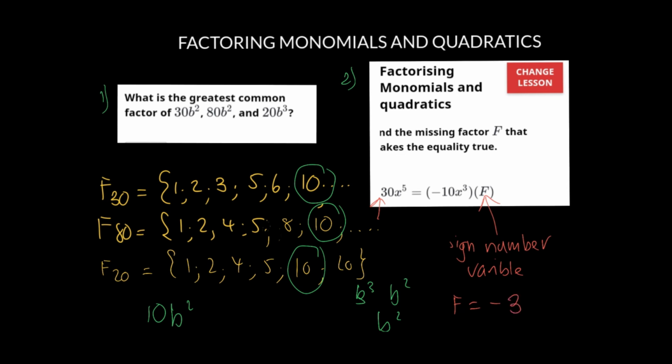And x cubed times what gives us x to the power of 5? Well, when we multiply like bases, we keep the base and we add the exponents. So that would have to be x to the power of 2. So in other words, we can get 30x to the power of 5 by multiplying negative 10x cubed with negative